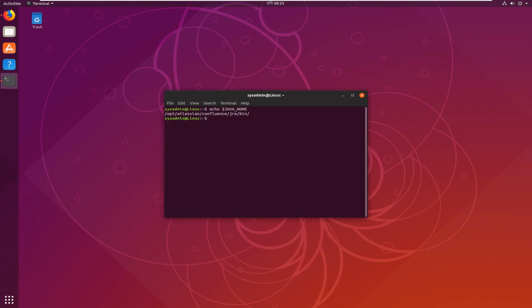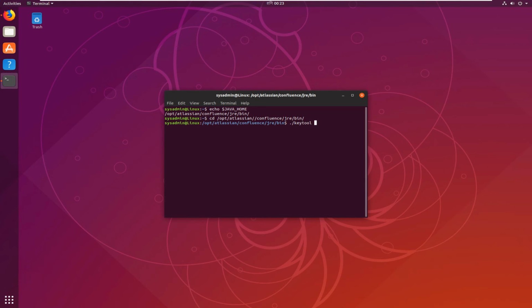Yeah, this is JAVA_HOME, that's fine. Now we have to go up to the bin directory, cd /opt/atlassian/confluence/jre/bin, hit enter, and in this directory